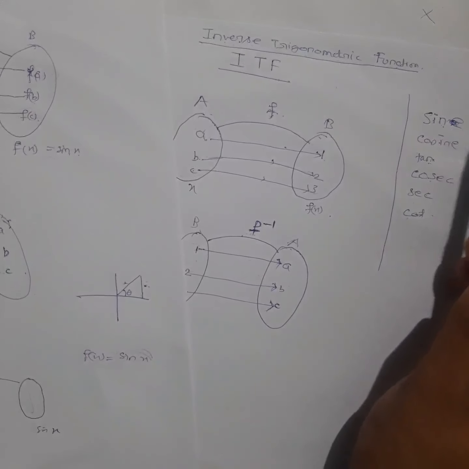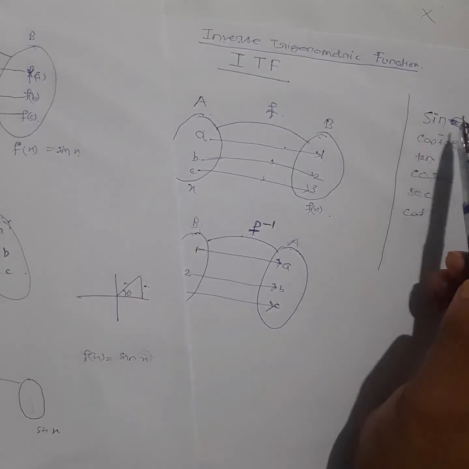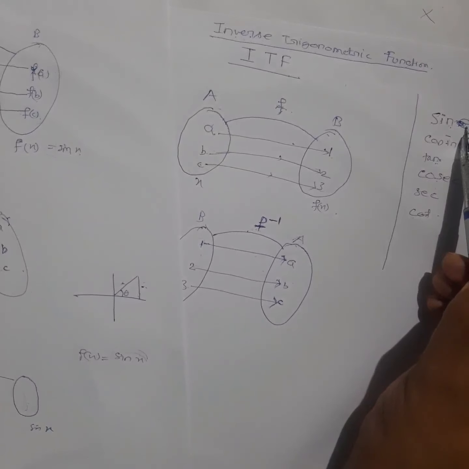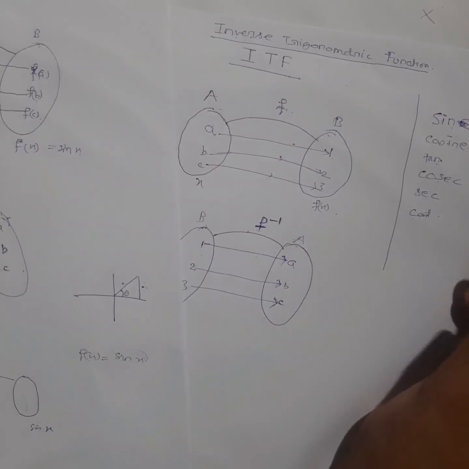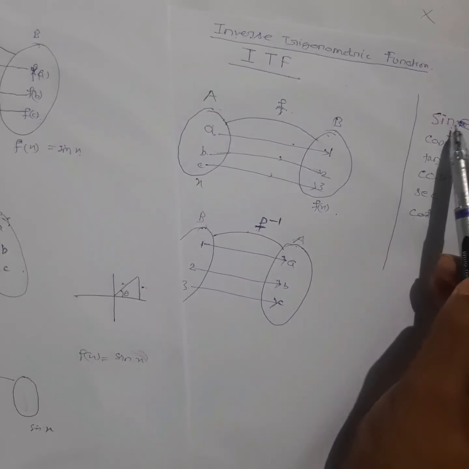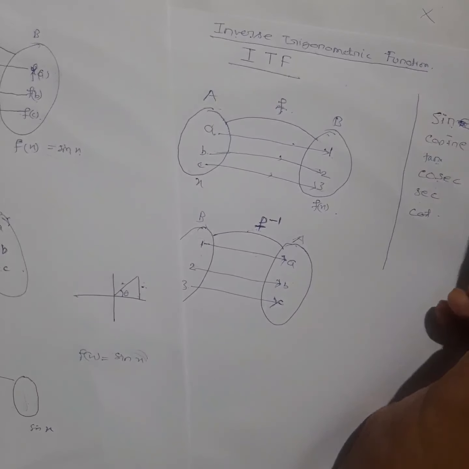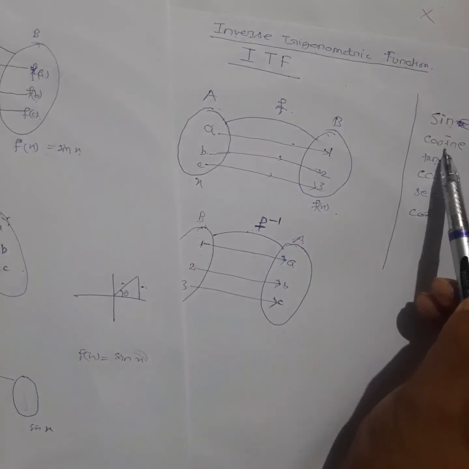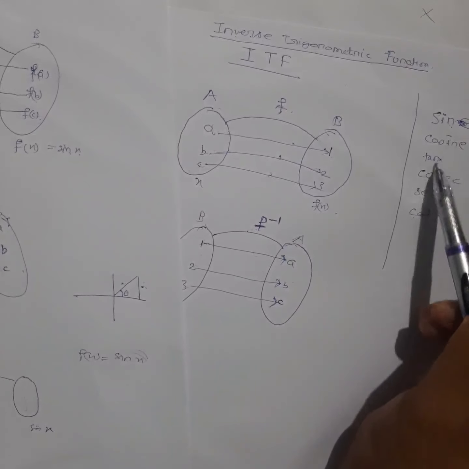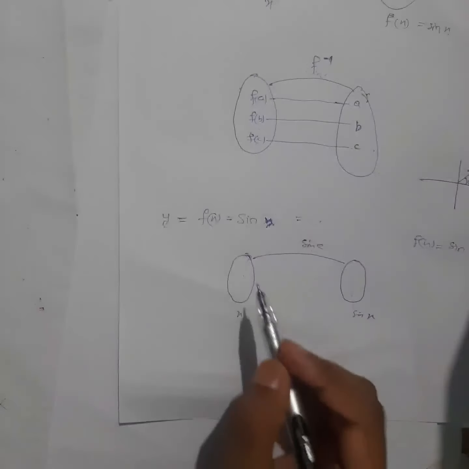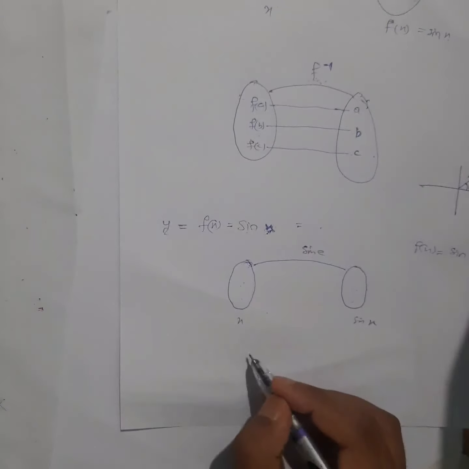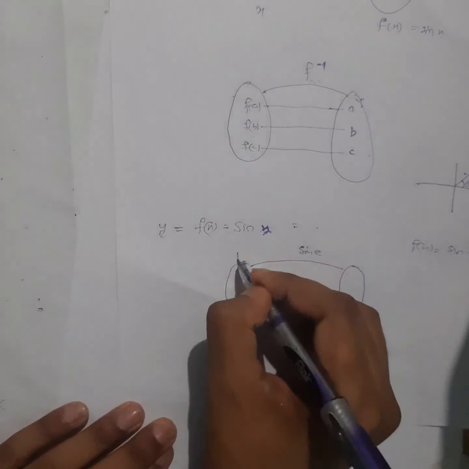Once I know the domain and codomain, how will I find the inverse? I will make the codomain the domain and the domain the codomain. Then I will check whether it is a function or not. If it is a function, then that will become the inverse trigonometric function of sine. Next also, I will swap codomain and domain, and then we'll check whether it is a function or not. If it is a function, that will be the inverse trigonometric function. We will check all of them like that. Clear? That's why we first find the domain and range.